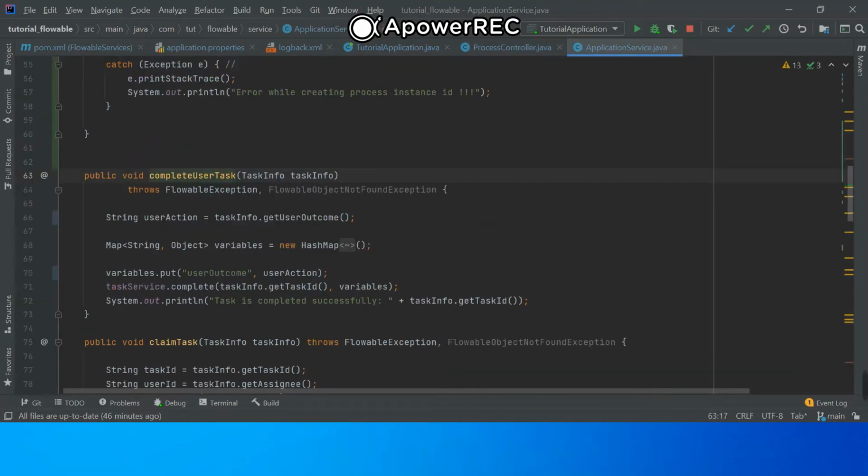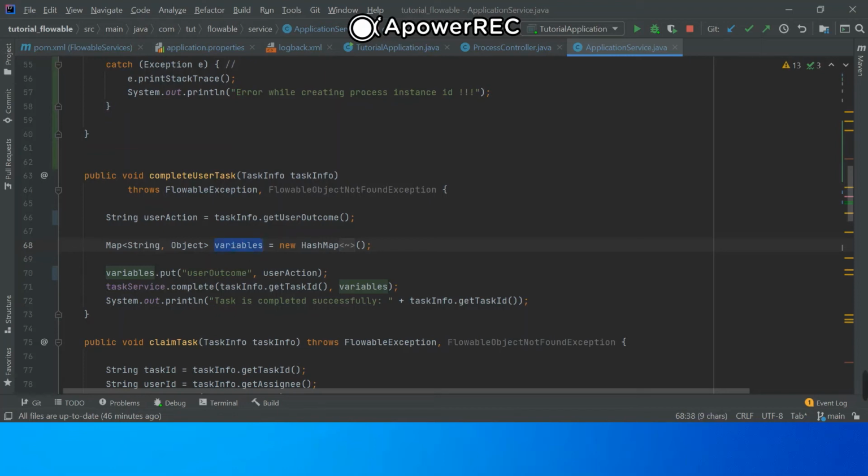Here we need to pass the user action which we are trying to complete, which we can provide in a variable. If you want to pass anything else while completing a user task, like comments or remarks, you can create a variable and pass it